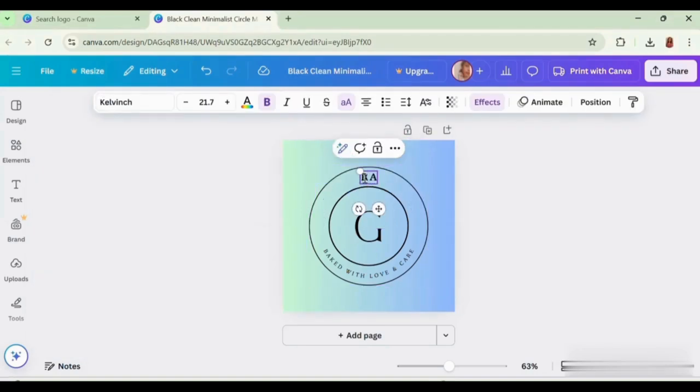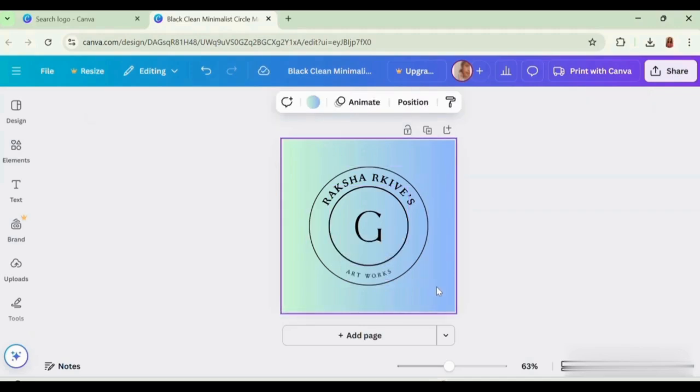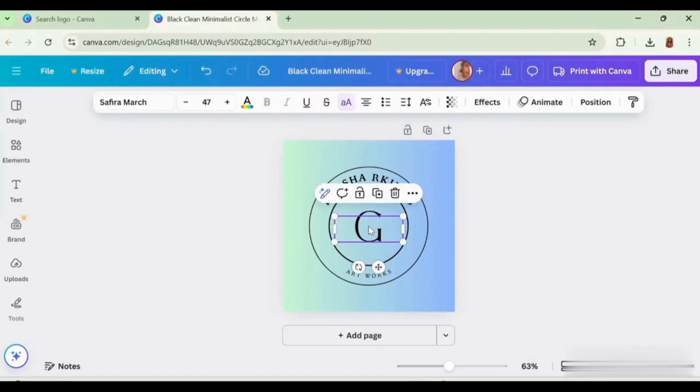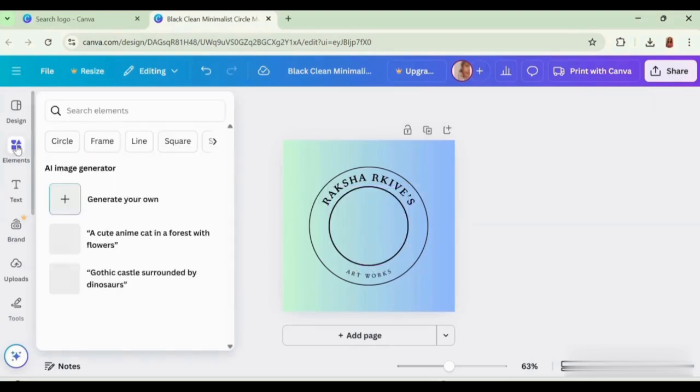I'll change it to Raksha Archives. We'll change this name, this wording, to art works here. And to change the icon in the middle, we'll delete it and we'll go to elements,